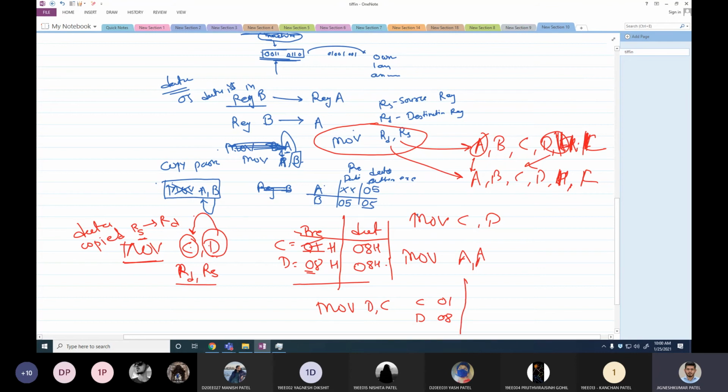Go ahead, Yagnesh. 01 and 01 would be the answer. So this is how a move instruction works. Data is copied from the source register and pasted to the destination register. Keep in mind the destination is always written first.